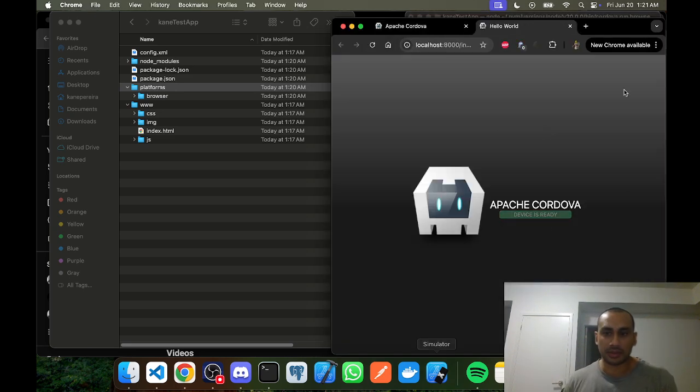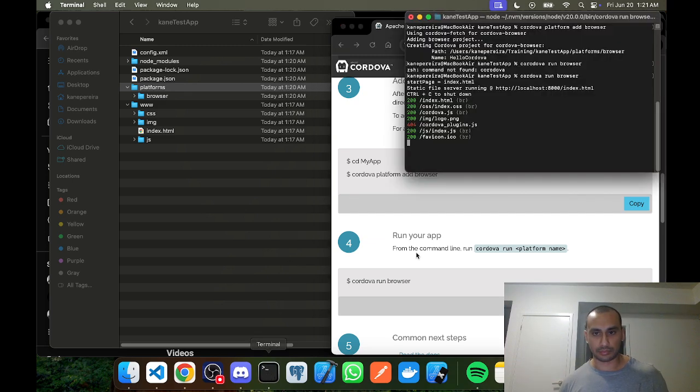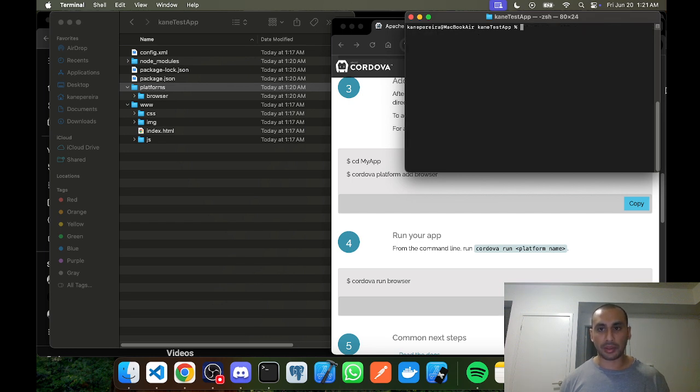Cordova run browser. So this runs your Hello World app. And then what you can do next is Control C. So right now this project is running. Control C lets you stop running the function and stop running the app from your command window. And you can clear. And then what we're going to do next is see if you can run it on